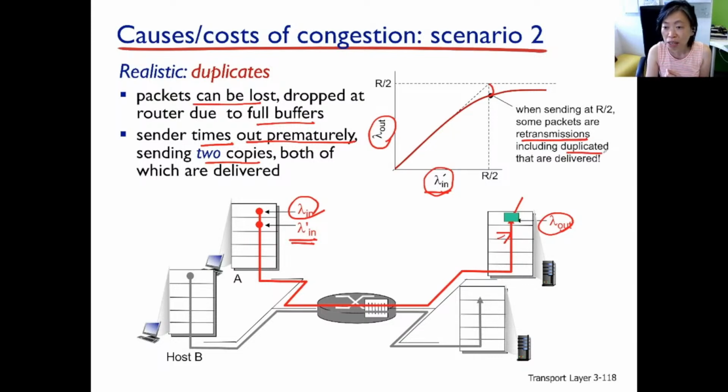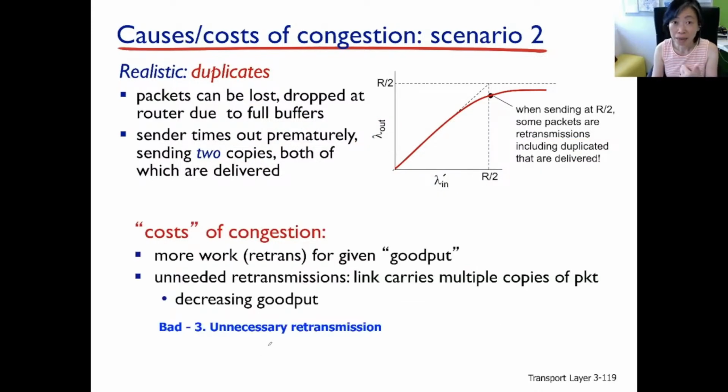Now we also need to take into account the duplicates that are not really necessary. So we see delay being bad, retransmission being bad, and what's even worse is that we could have unnecessary retransmission. Now if you think about it, congestion, we see that having packet loss, having delay, not good. But to address the packet delay issue, to address the packet loss issue, we need a retransmission mechanism, the RDTs. As a result, what? We are actually generating more traffic into an already congested network.